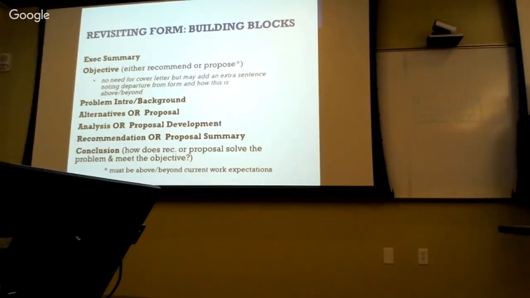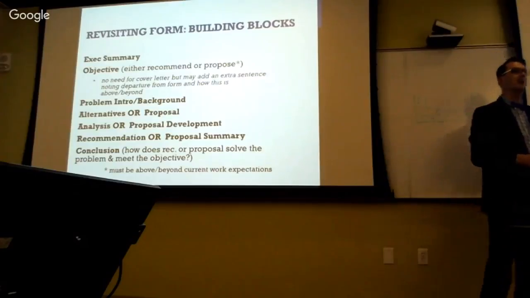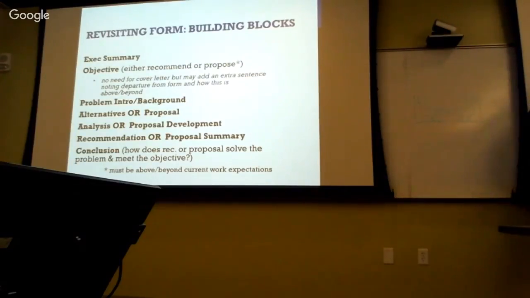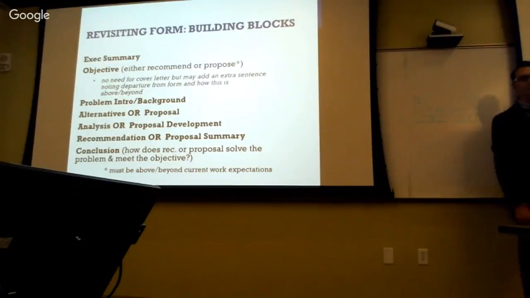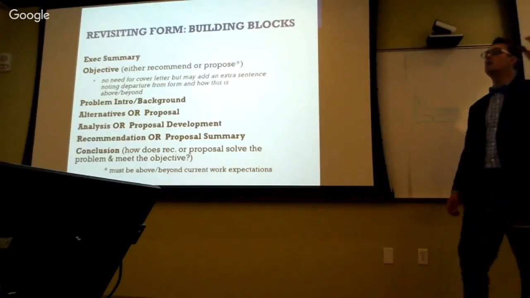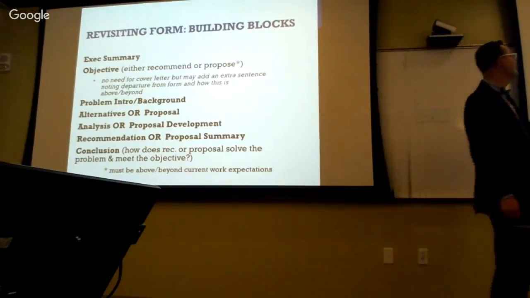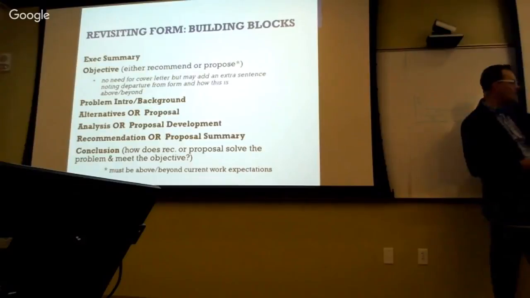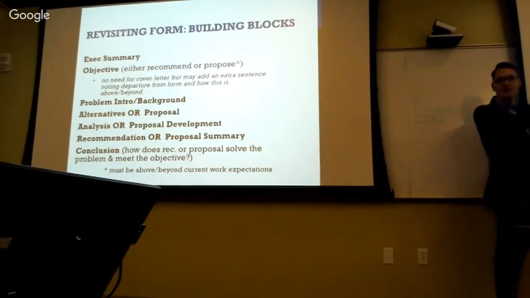Okay, now let me talk about, well then, why would we need a conclusion? Because what the conclusion does is it forces you, in a paragraph or so, this doesn't have to be long, and you don't have to give it to your decision maker, but I think it's a pretty effective thing. This is where you take your recommendation, your proposal summary, and you go back and you link it to the objective. How does your recommendation, how does your proposal in summary achieve what it is you started out to achieve? So if this is kind of closing the loop, this is where you actually finish it off and tie it together.